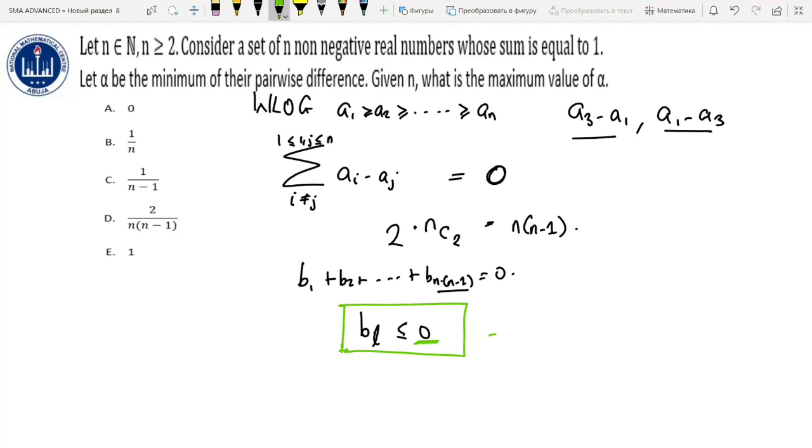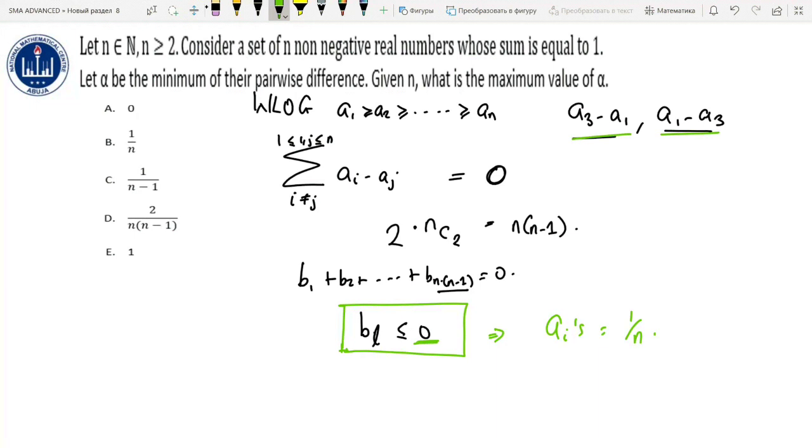And it's very easy to find such an example. You just make all the ai's equal to 1 over n. So when you do this, all the numbers are the same. So definitely when you subtract them from each other, you get that each pairwise difference is 0. So this is the answer to the question, if we are considering these two differences, a3 minus a1 and a1 minus a3, and everything related to this, if we are considering two of them to be different, then the answer to this question is 0. And an example that works is when all the terms are 1 over the number of real numbers there, 1 over n.